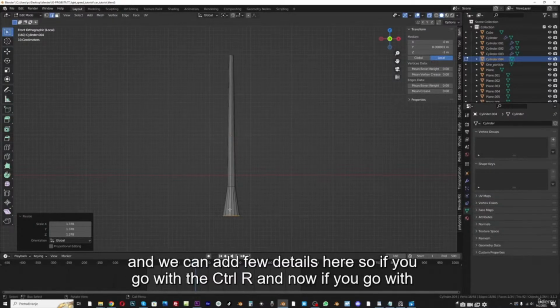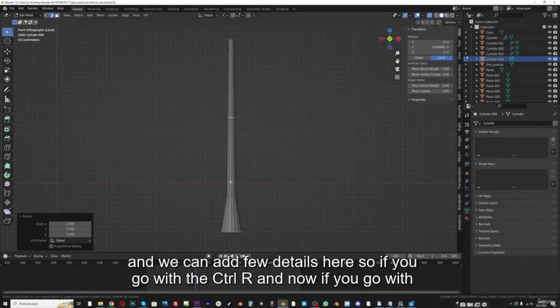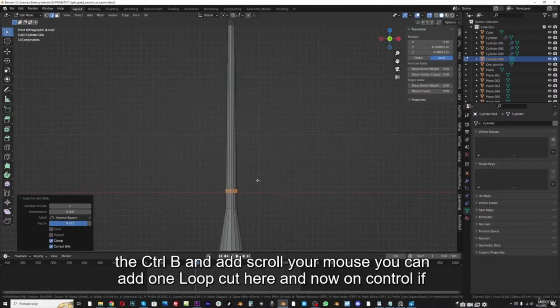And we can add a few details here. So if you go with Ctrl R, and now if you go with Ctrl B and scroll your mouse, you can add